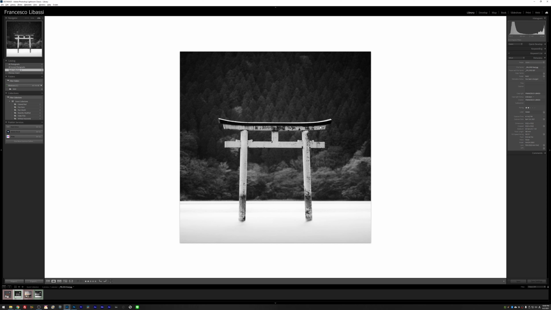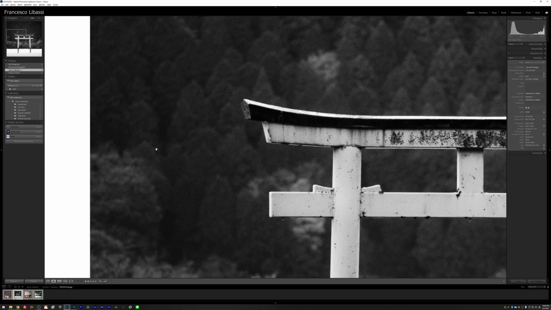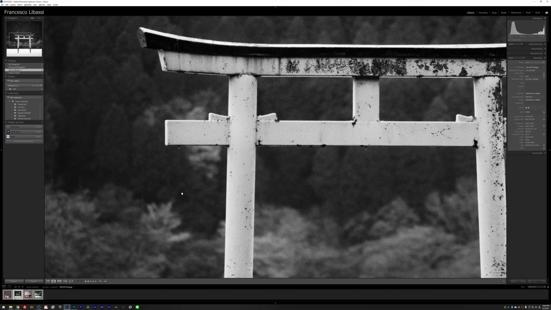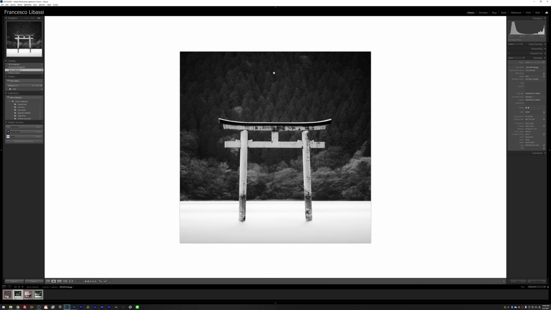So one way I found to achieve that was to shoot wide open on my telephoto lens. So combining the telephoto lens, which compresses everything but also helps separating elements that are far from the lens from elements that are closer to the lens. Combining that with shooting at f4, so wide open, to get more blur. As you can see here, I was able to get a really blurry background that contrasts with this really sharp gate here in the foreground.